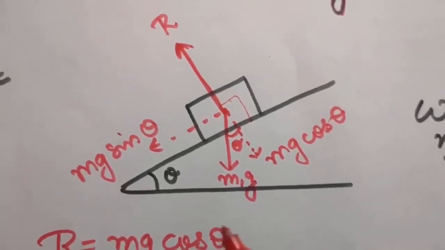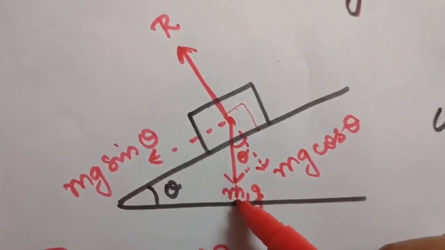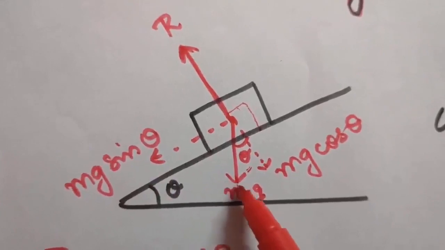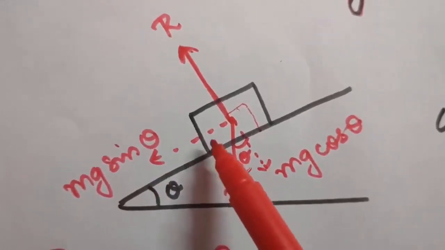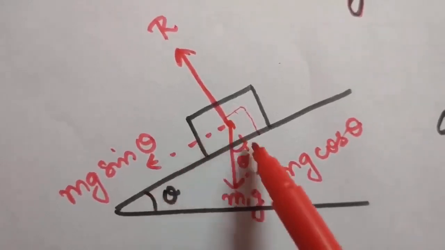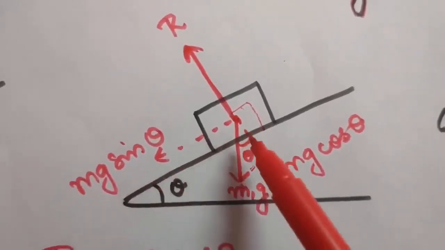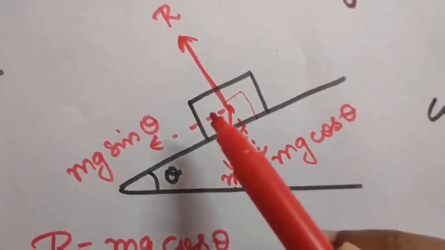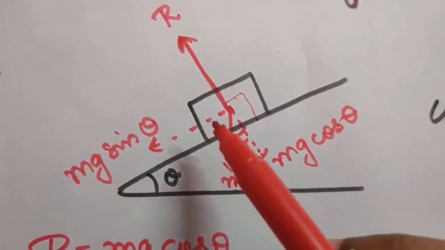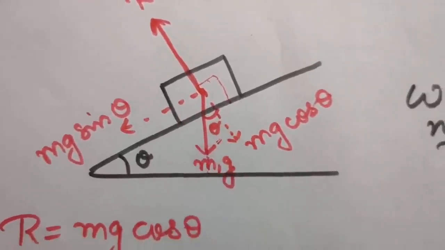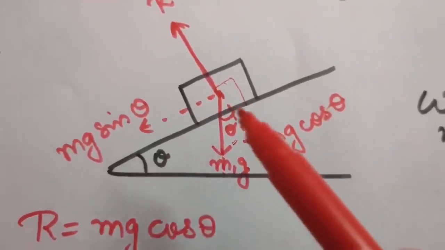Okay, now look carefully. If this is theta, this will be 90. So this will be 90 minus theta. And as you can see, this total angle is 90 because I have drawn just two perpendicular directions like this. So this is theta, this is 90, this is 90 minus theta, and again this is 90. So we will be left with theta here again.